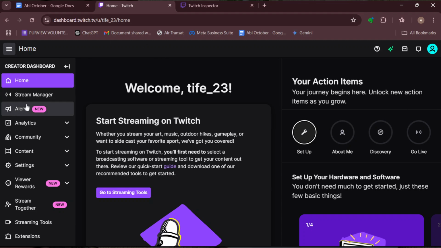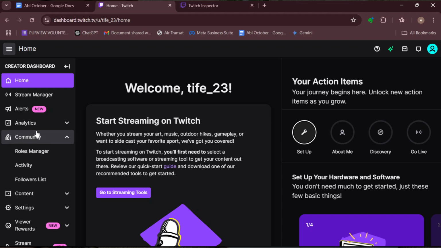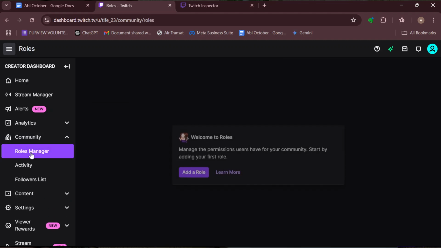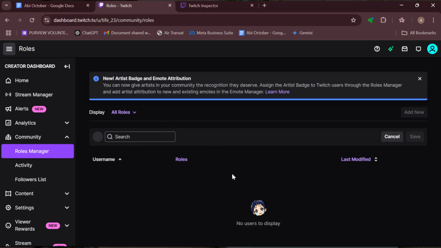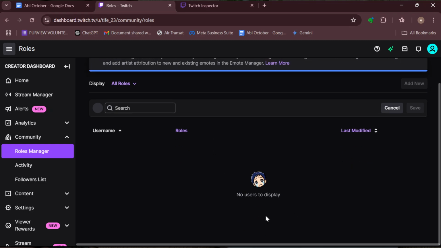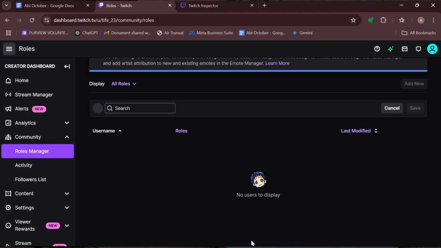Move to the left side of the screen, then click on Community, select Roles Manager, and then you'll be taken to the page where you see the roles that you've added, including the usernames that you've added for these roles. So once you can see this, the next option will be for you to select the username, locate the person